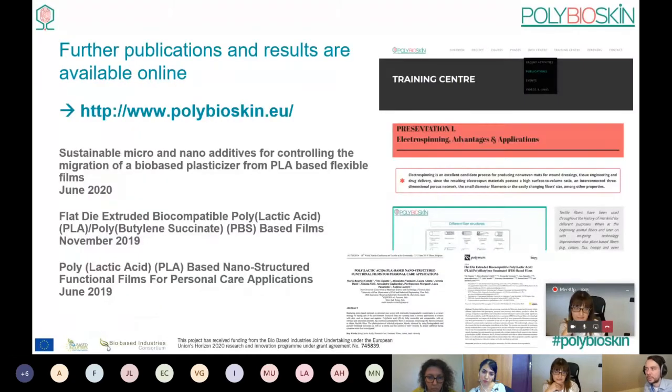And leading over now to where you can find all available publications from POLYBIOSKIN: it is on our website at polybioskin.eu. Please be aware that we still have this as a non-secured website. We're working on this, but at the moment, if you try to access it, please make sure that you have HTTP without an S in the beginning, so you can access everything on there. There you can find also the training center that we are going to have a look at now within the presentation, and